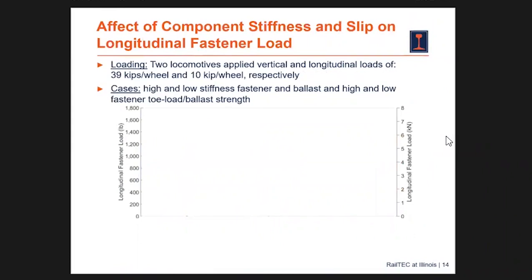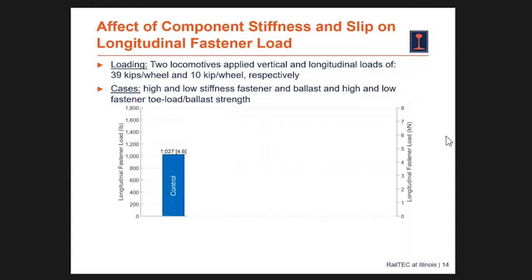And so one of the questions that we might ask of this model is what happens when we actually go out and change different components? What happens when we change the stiffness of the components or change the strength? We can change the toe load of fastening systems. We can change the type of fastening system, which will have an impact on the stiffness or the slip capacity of that system. And so if we take our control, basically basic inputs that we can find from literature, the